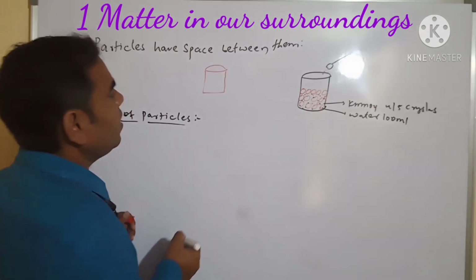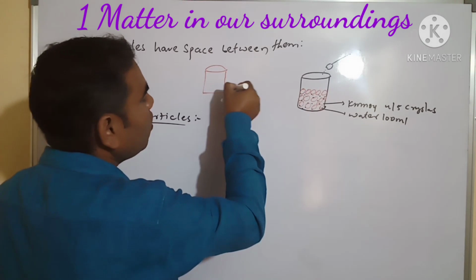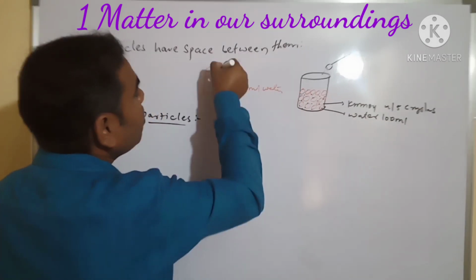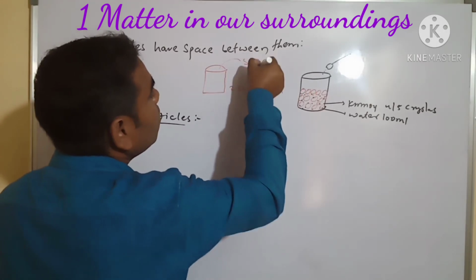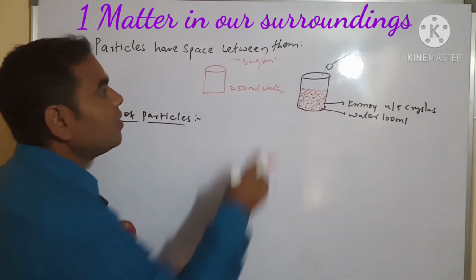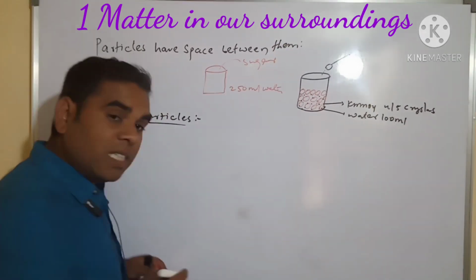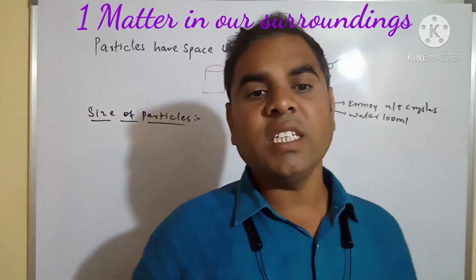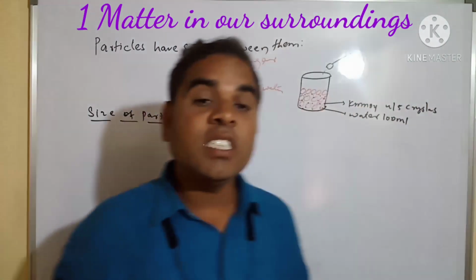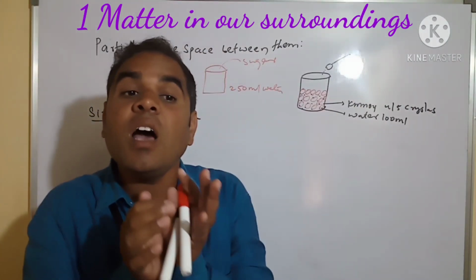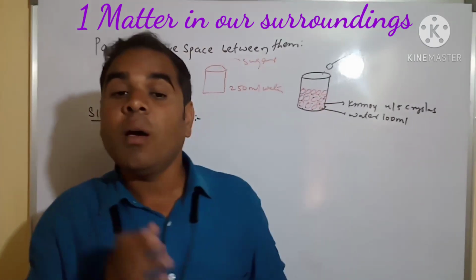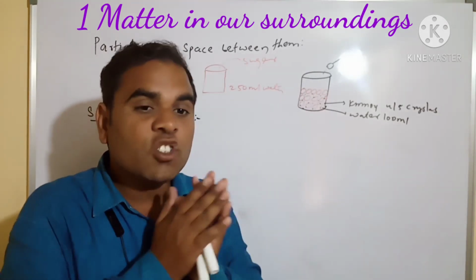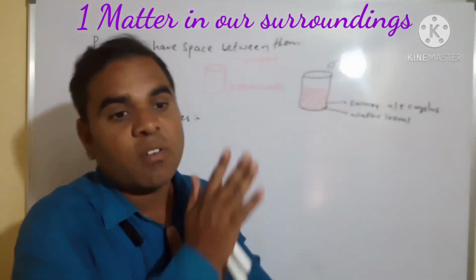last session we also learned. We are taking here 250 ml of water, adding sugar to it. What will happen? Is it increasing the volume of the water? No, there is no increase. These particles just settle down in between the small particles, the water molecules. That's why it is not increasing the volume.